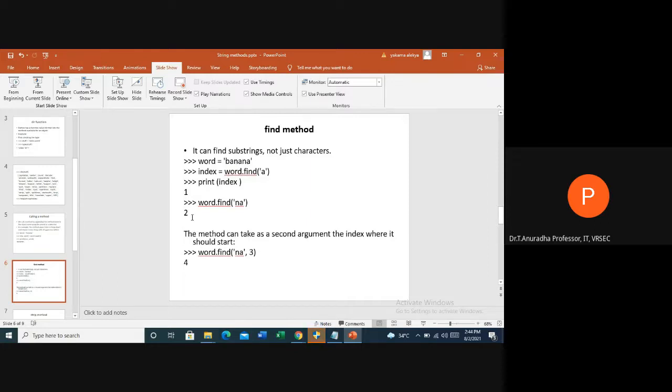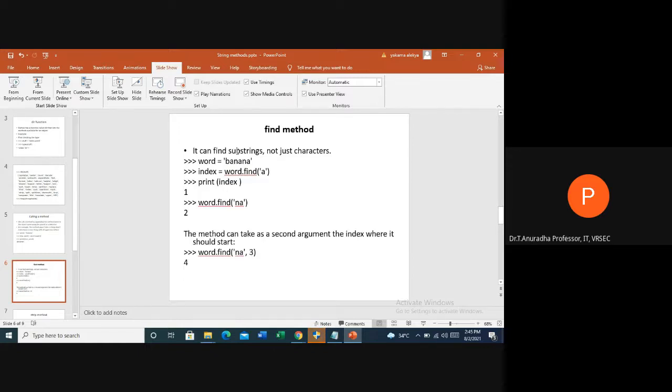If you want to find, starting from which character, you can also specify that. In the previous case, if you give word dot find of a, it is only finding the first occurrence of a. But instead, you can also specify a second argument for the find method like this. For example, if I say word dot find of NA comma 3, that means starting from the third index position, I want to see where NA is occurring.